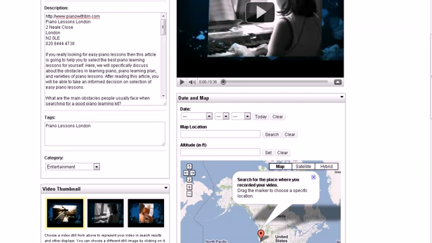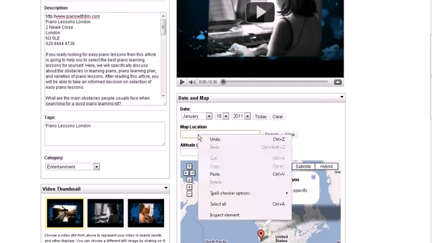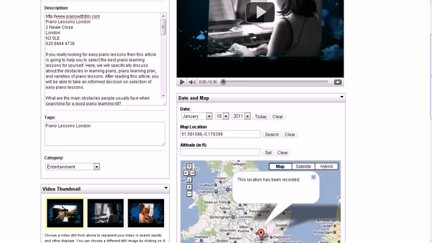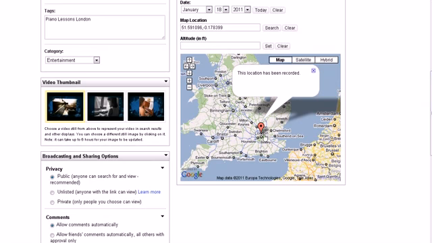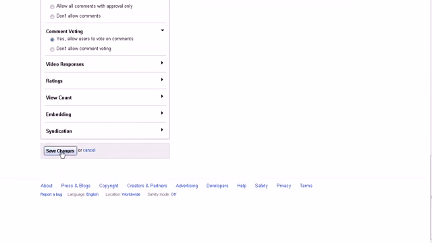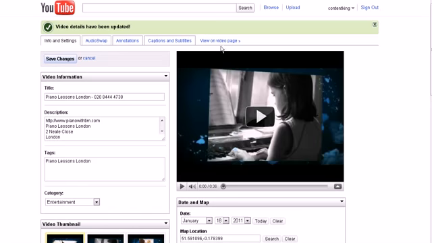Go back over to YouTube, click on today's date, the map location is the longitude and latitude, click on search, and you can see now that has now been located on the client's business address. We're basically telling Google where to associate this video. Once we've done that, we'll click on Save Changes. If we go over to the video page itself,